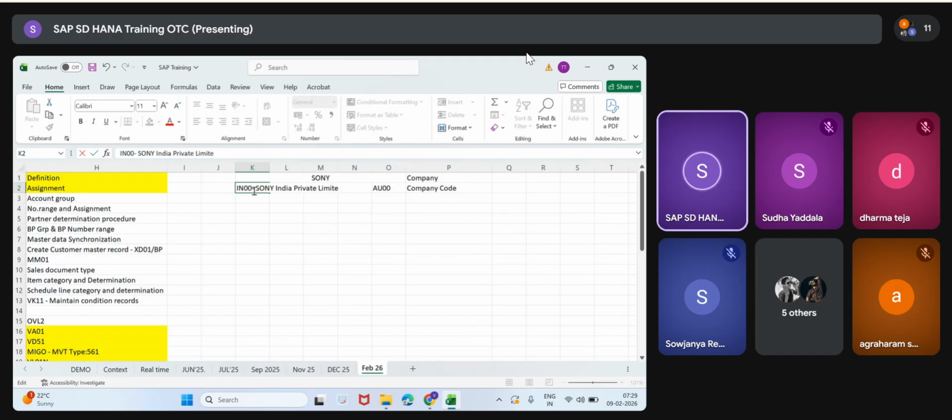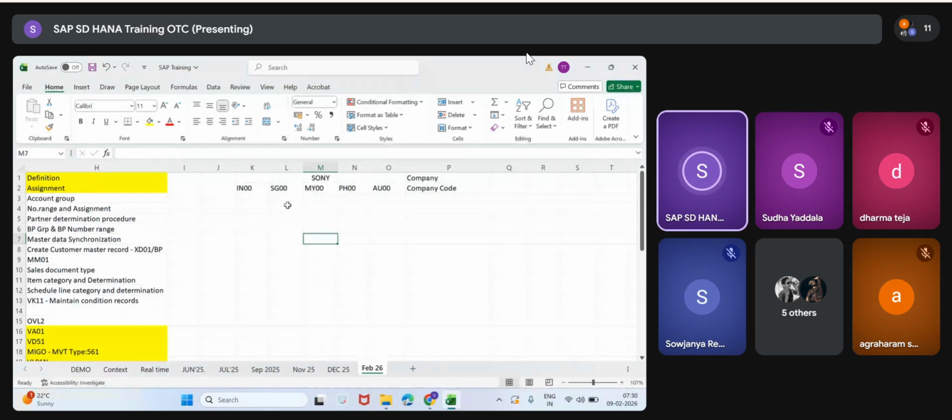Like this or not? Yes or no? IN00 company code is a legal name. Like this, they will incorporate it with the government. Okay, so this is the code. This is the description. Like that. So we are talking about codes, how we are going to design these codes.